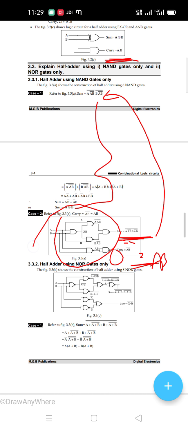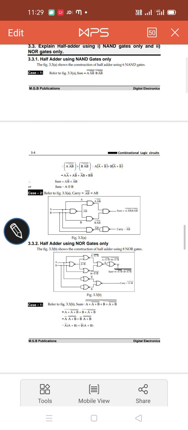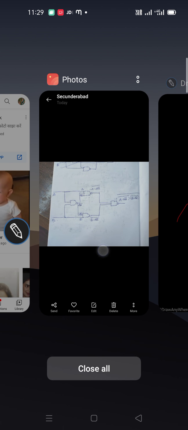So first see this construction, how I am constructing this, okay. This is the construction of NAND gates. If we see this construction, what is happening? I am using 4 logic gates to construct the sum output, okay. So to construct the sum output, I am taking one NAND gate, one NAND gate, one NAND gate, and another NAND gate. Here I am feeding A directly to this, and I am feeding B directly to this, and the output of these, I give one output to this and one output to this, and both outputs I am giving to another NAND gate, okay.